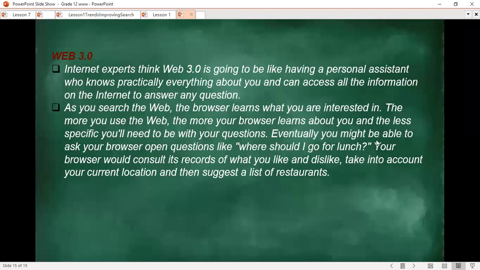Eventually you might be able to ask your browser open questions like, where should I go for lunch? Your browser would consult its record of what you like and dislike, take into account your current location, and then suggest a list of restaurants. So right now, that's why it says on the first line that it is like a person who's assisting you. This browser captures all the information about you, all the things that you like to do. So in Web3,